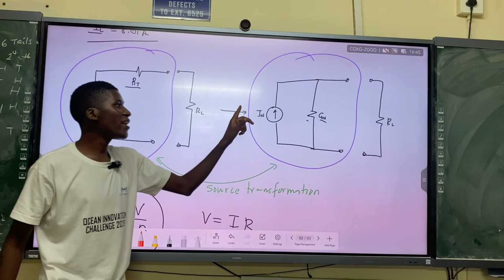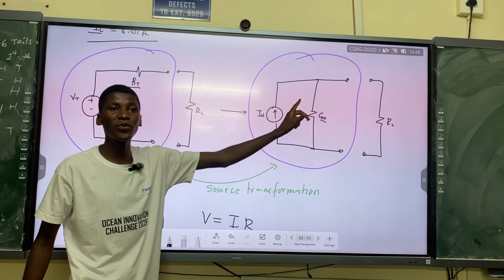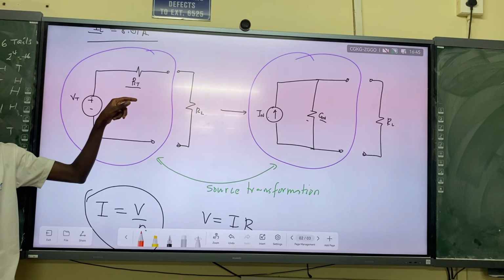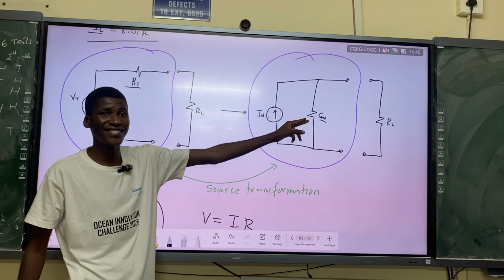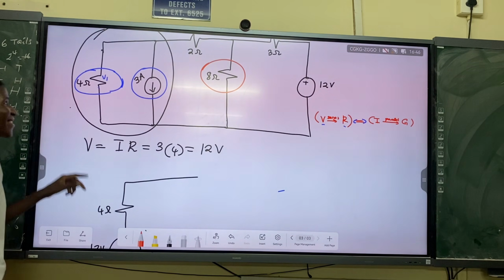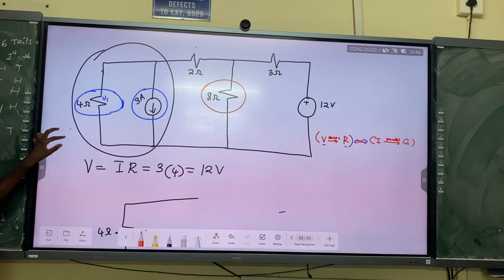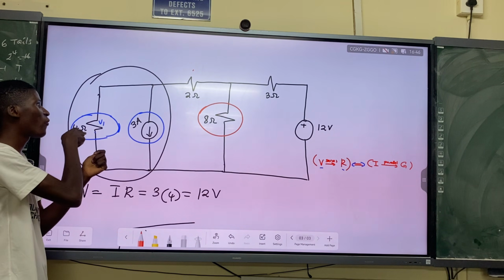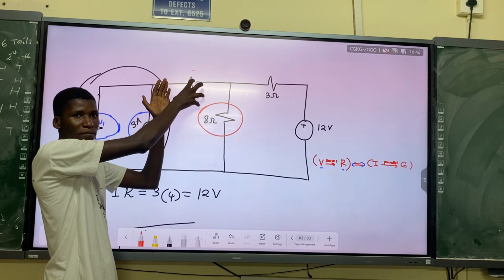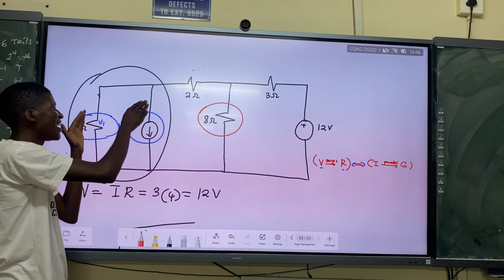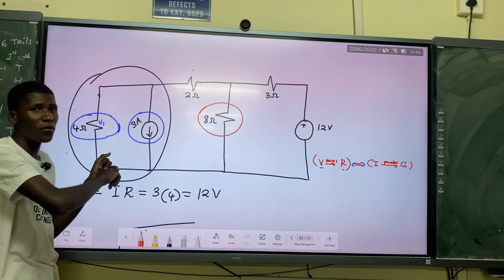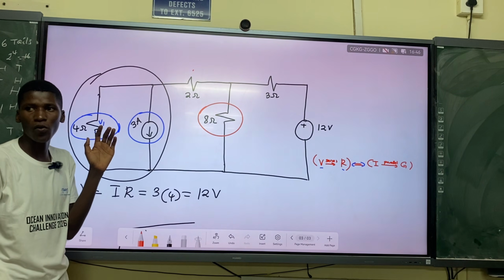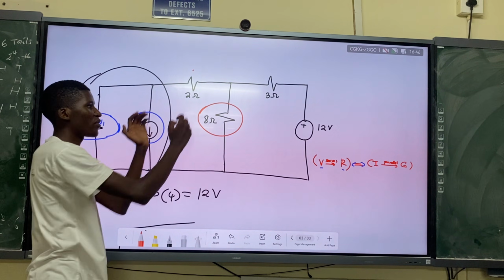We transform a source into a current that is parallel to a resistor. It is the same thing as a voltage in series with the same resistor. It's just that here we were looking at conductance, but this is the resistor. So you bring it back with the same resistor, which is 4 ohms. So we say that this whole combination will become a voltage source in series with the 4 ohms. It is going to be in series with the 2 ohms, because the current coming from here is the same current that will go to the 2 ohms. So this is completely in series with that.